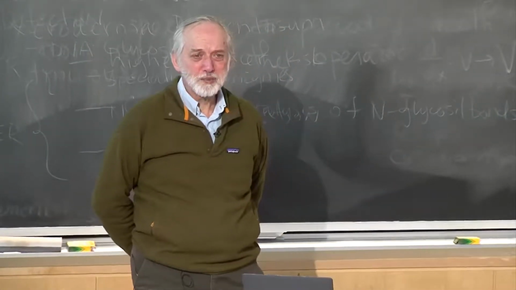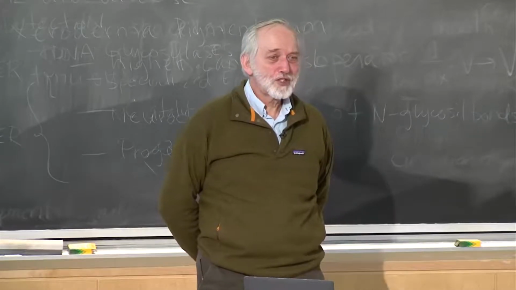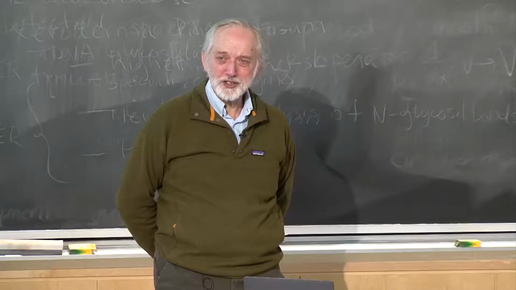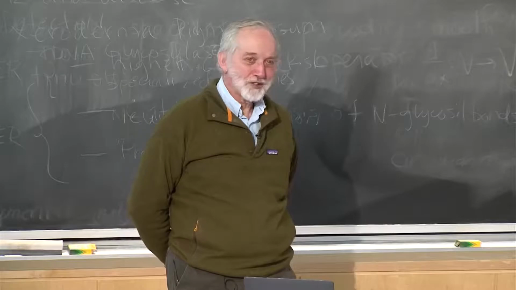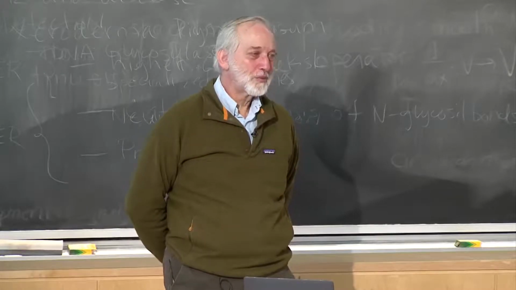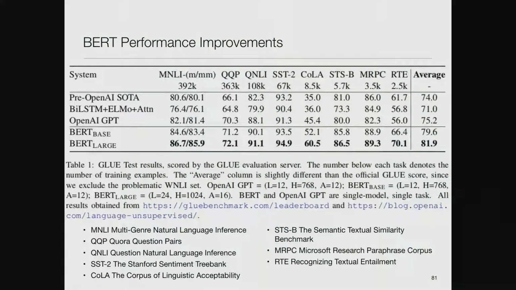Very often people publish papers showing a 1% improvement, and if their corpus is big enough, then it's statistically significant and therefore publishable. But it's not significant in the ordinary meaning of the term if you're doing 1% better. But doing 4% better is pretty good. Here we're going from like 66% to 72% from the earlier state of the art, 82 to 91, 93 to 94, 35 to 60 in the CoLA task, the corpus of linguistic